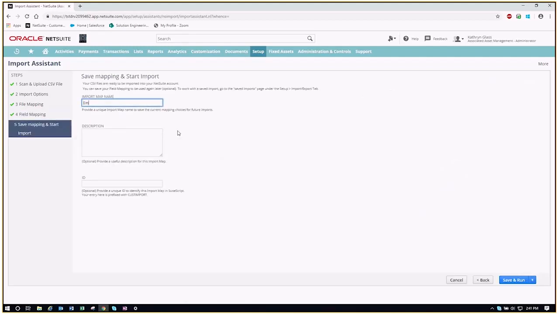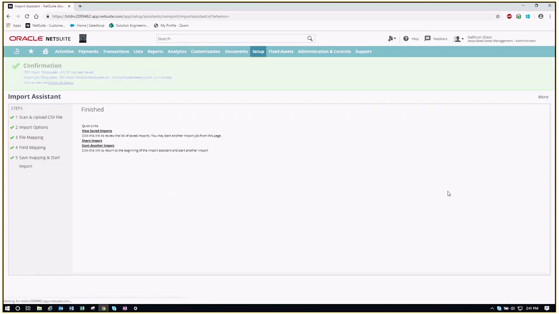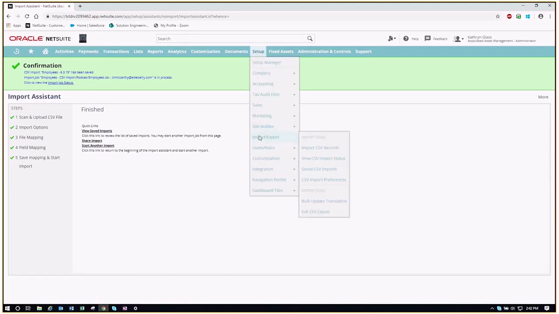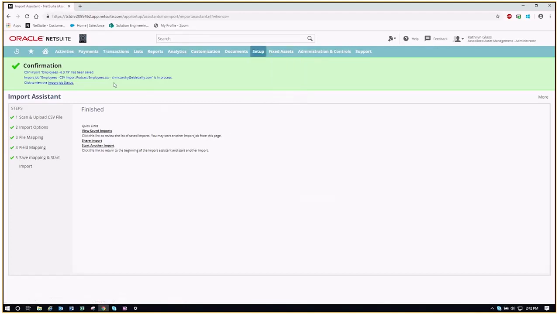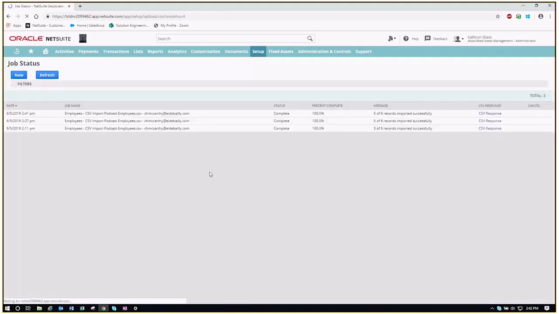We'll give this data mapping a name so that in case we want to use it down the line, we have that import map saved. We can also put in a description and an ID here as well. We don't need to do that. We have our name, so we'll just save and run. And what you'll get is a pop-up of a confirmation with this green banner letting you know that this import is on its way. We can view the status here from the link that it provides in that banner, or we can actually go to Setup, Import Export, View Import Status. And because it's right here, we're going to click this link,